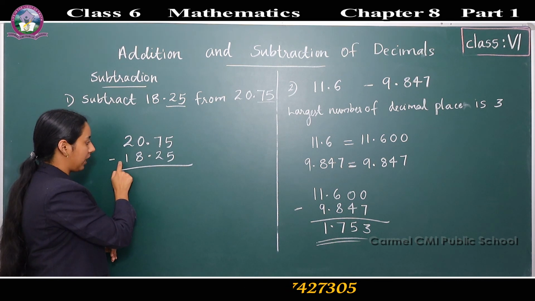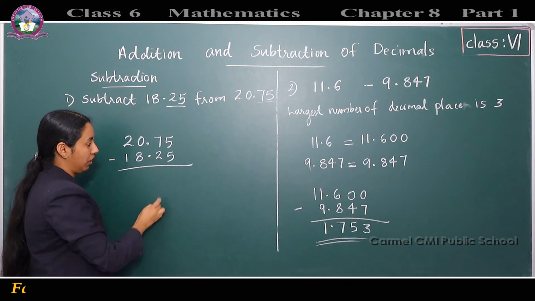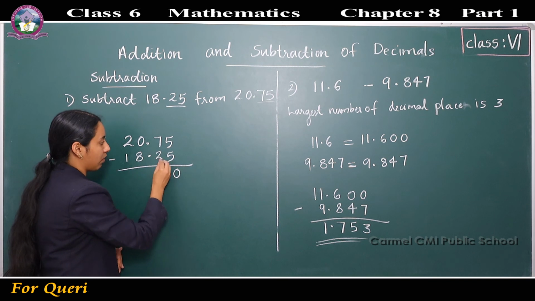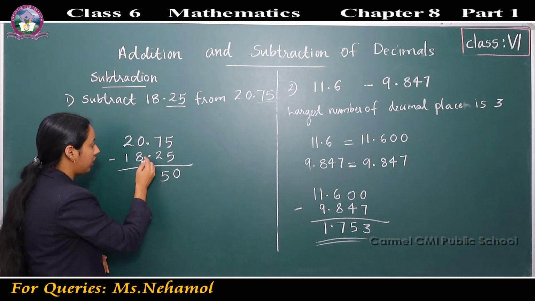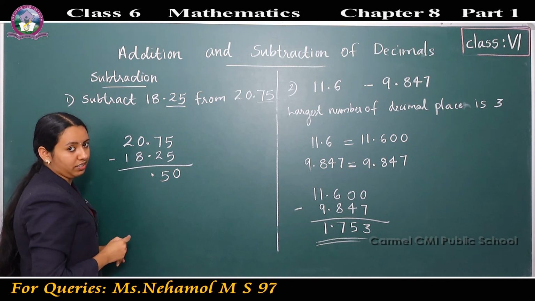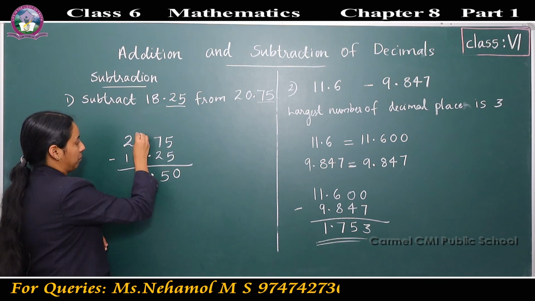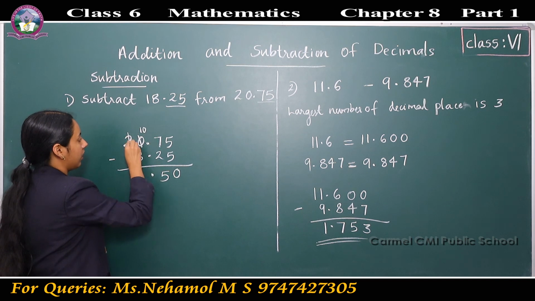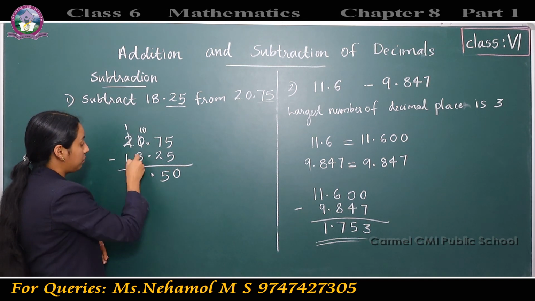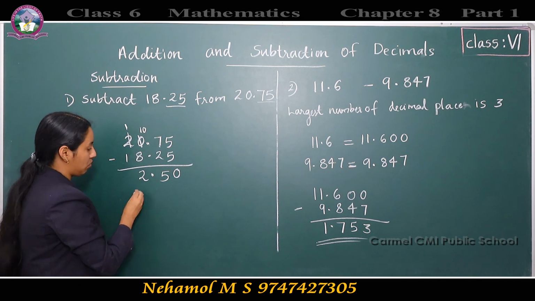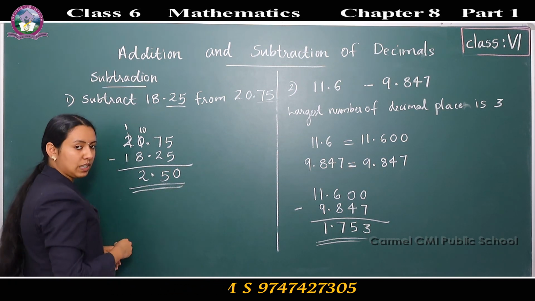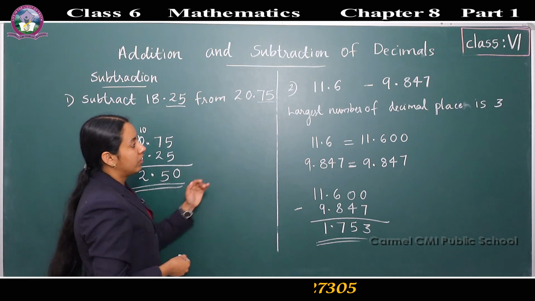20.75 minus 18.25. 5 minus 5 is 0. 7 minus 2 is 5. Put the decimal point. Then 0 minus 8 is not possible, so take a borrow. 0 becomes 10 and this 2 becomes 1. 10 minus 8 is 2. 1 minus 1 is 0. So 2.50 is the answer. Next one,